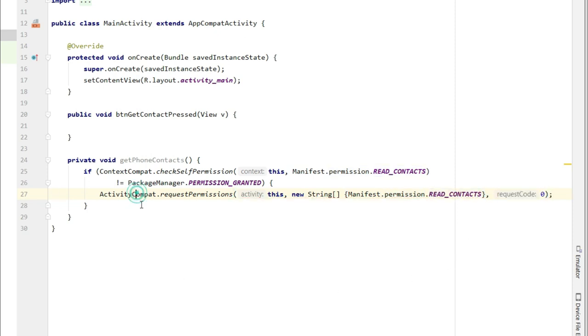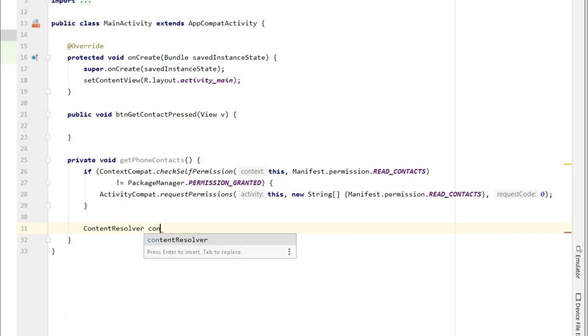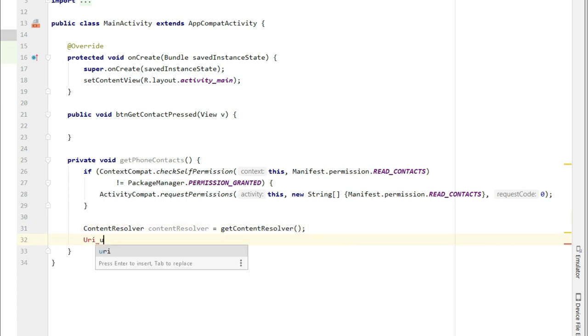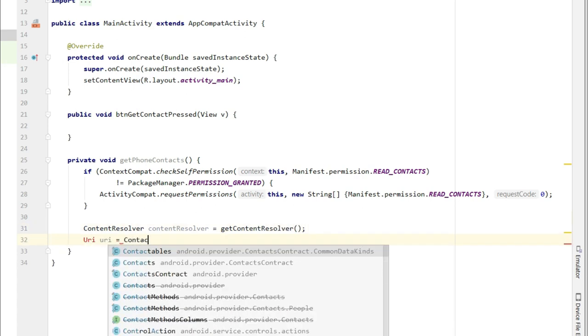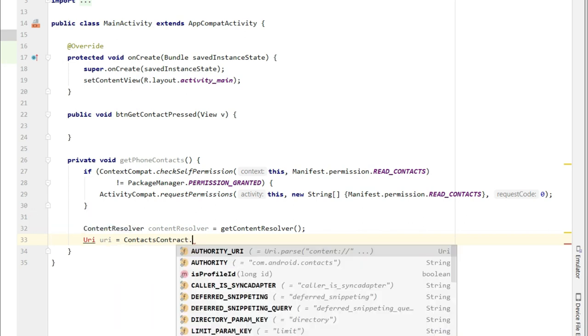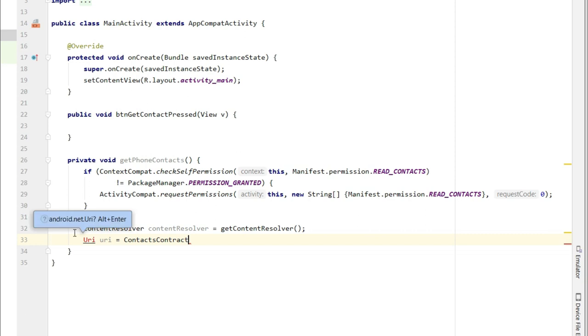So okay guys, here we have checked if the read contact permission is not granted, and we have requested the permission from the application. Now let's make a query to request the contact application to share its contacts with us. So we are getting the error here.